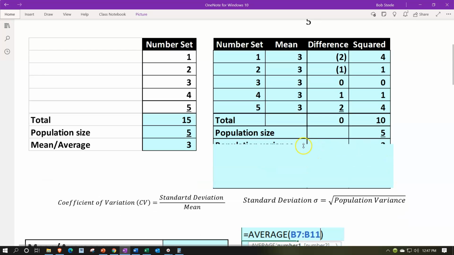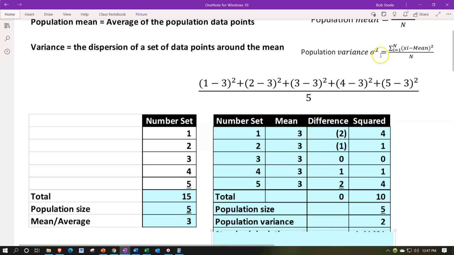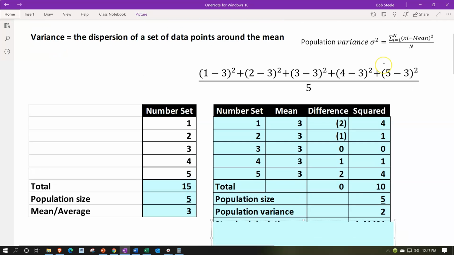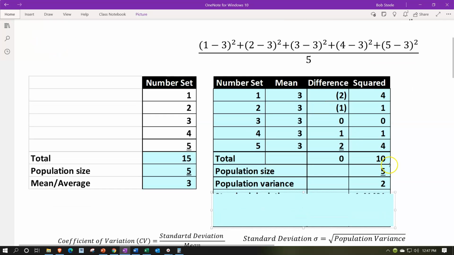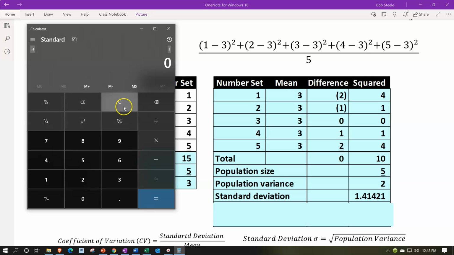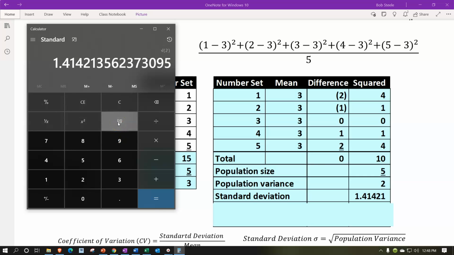So the 10 divided by 5 is going to give us 2, that being the population variance. Now the population variance is squared, right? We still have this kind of squared component in it. So it's often useful then to take that population variance and take the square root of it. So if we take that population variance of 2 and then square root, we get the